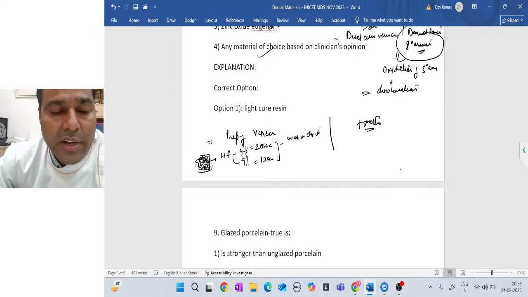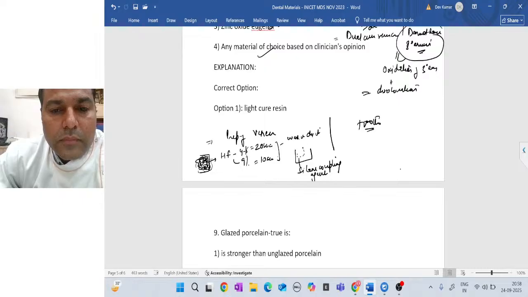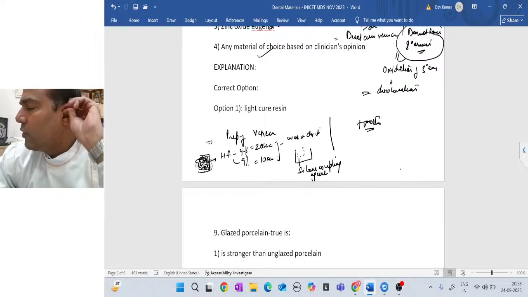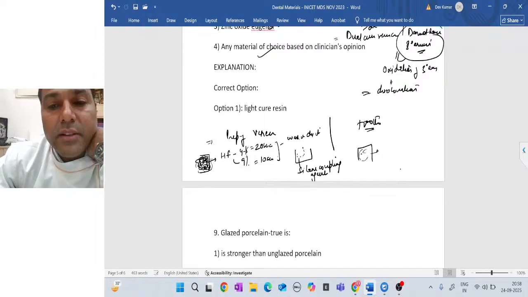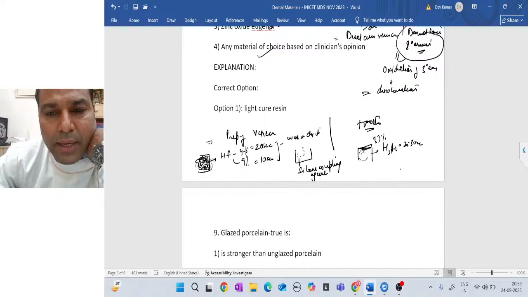It will have a very, very chalky appearance. Then we apply a silane coupling agent on the tissue surface of the veneer. Talking about the tooth, as we do it for composites, we will treat it with phosphoric acid, 37% phosphoric acid, H3PO4, for example, for 20 to 30 seconds. Wash and dry, and then we apply a bonding agent, but please do not cure it,